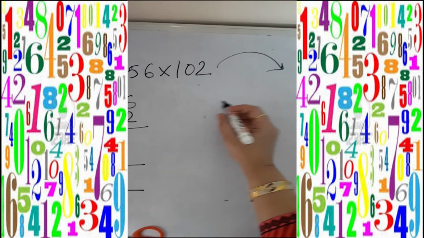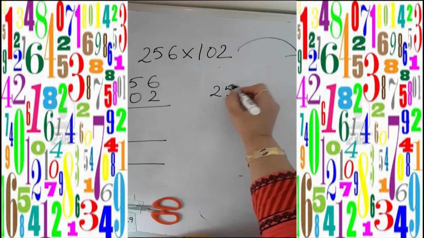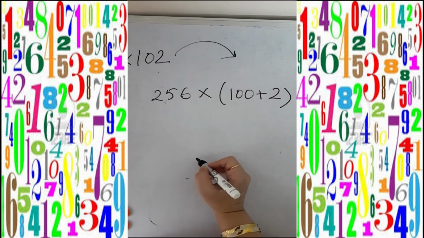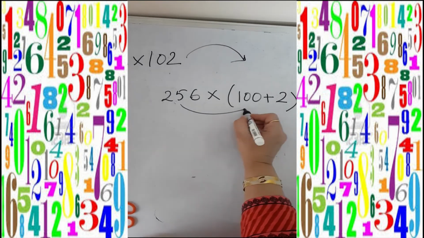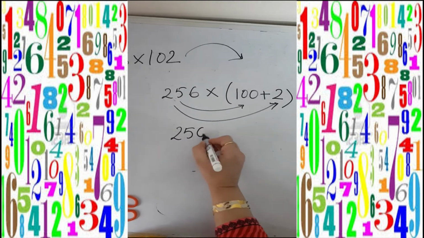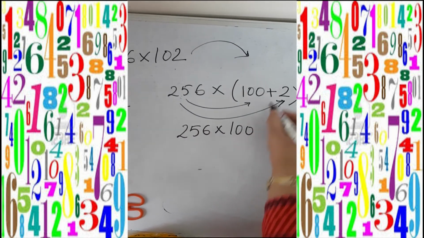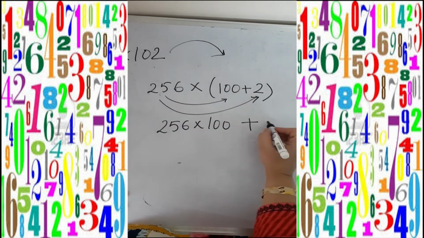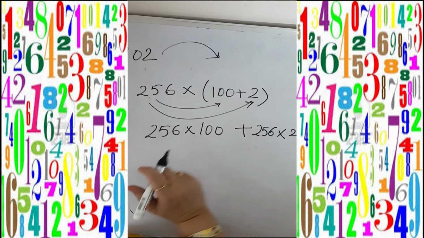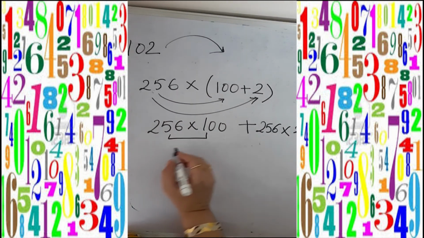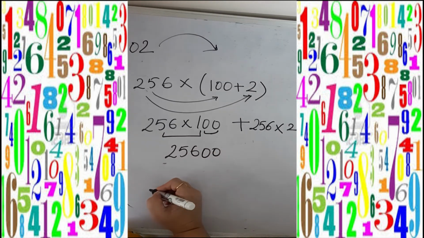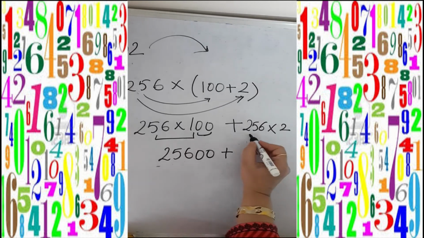I will break 102 as 100 plus 2. Now distributive property says this number will go with both the numbers inside. It would be 256 multiplied by 100 plus 256 multiplied by 2. This number is going with both the numbers. Now 256 ones are 256, and how many zeros are there at the end? 2. So I will put 2 zeros at the back, plus 256 twos are